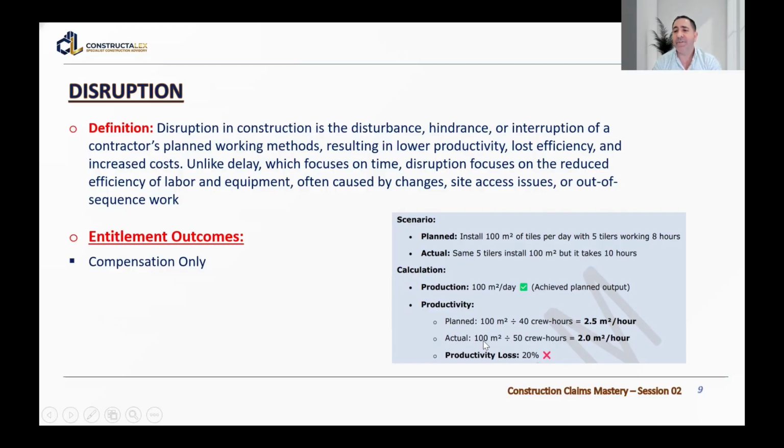Actually, the 100 square meters divided by 50 hours, because of 10 hours per day, so the productivity is 2 square meters per hour. So I have a productivity loss of 20 percent between 2 and 2.5. So this is the disruption that caused a loss in efficiency or productivity,